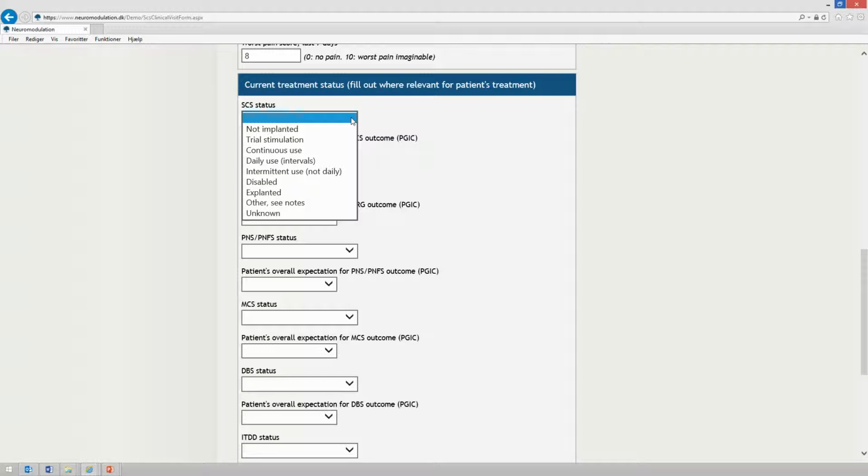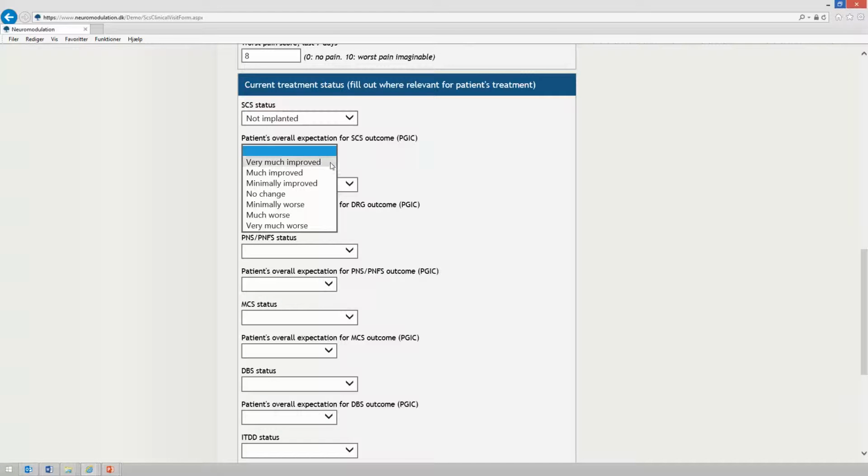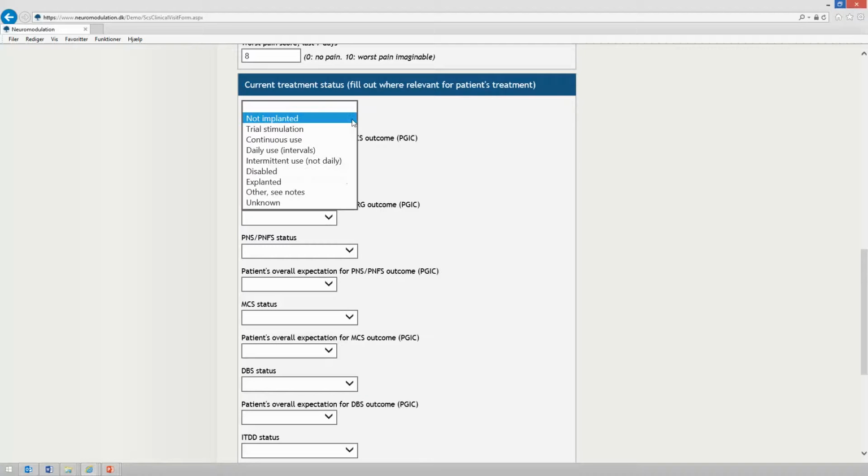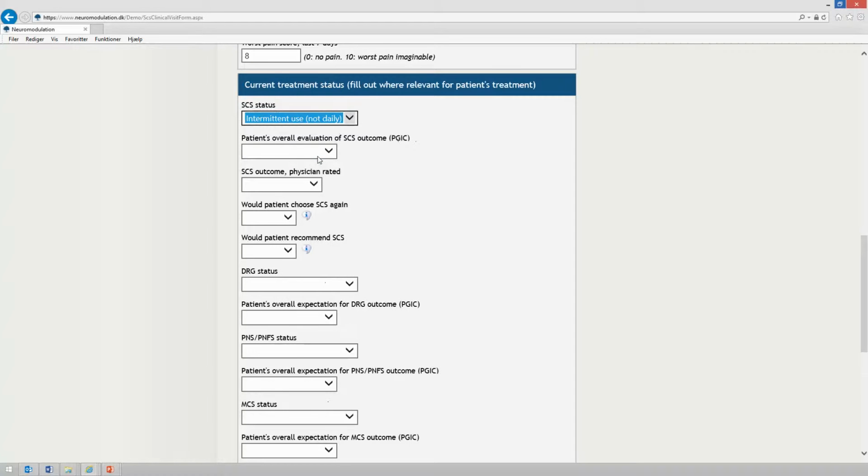For the SCS status, in this case, if the patient is not yet implanted, would be for a preoperative visit, you can simply choose what the patient's overall expectation for the outcome of SCS is, from very much improved to very much worse, and that would be the same for each other therapy in the database, be it DRG, PNS, and so forth. If it is a follow-up visit, let's say that the patient is using it intermittently,